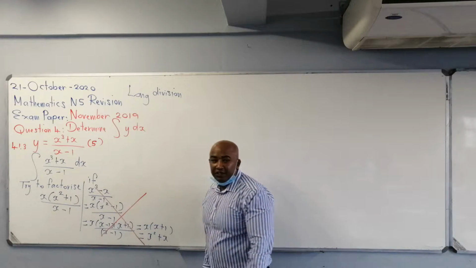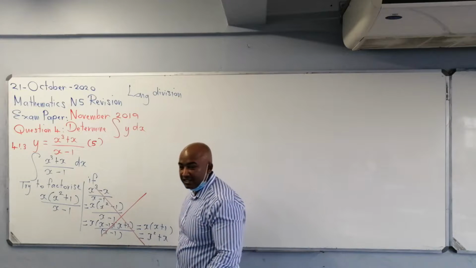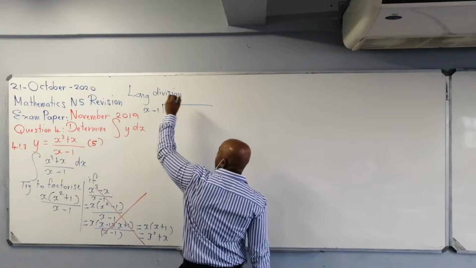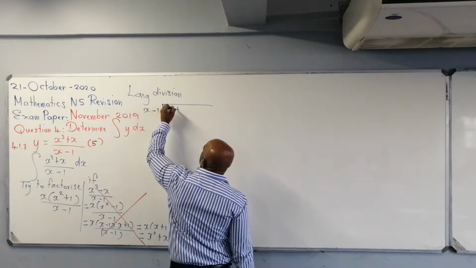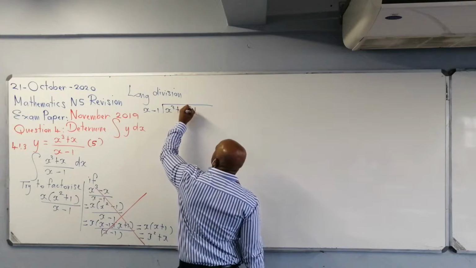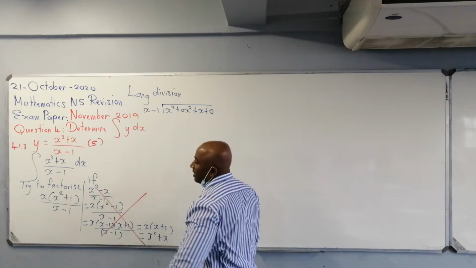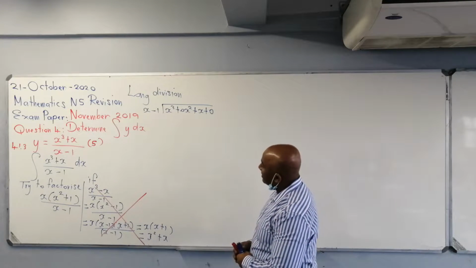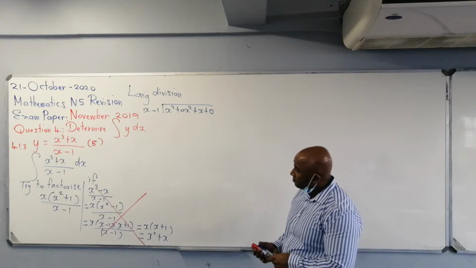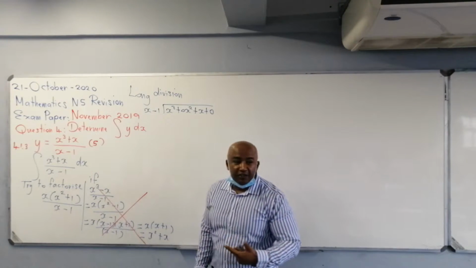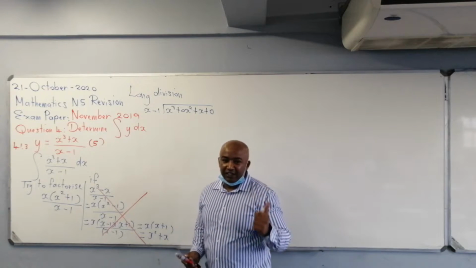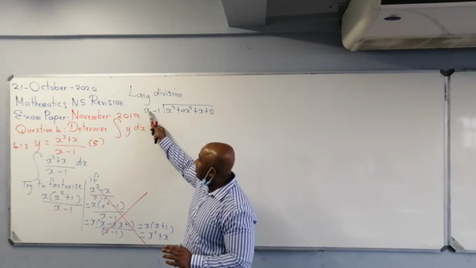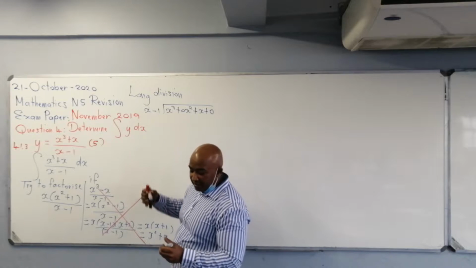Right, so long division, you have to know it here in N5, not only in N6. So here's your x minus 1, and then you have x cubed plus 0x squared plus x plus 0. Write it from highest to lowest to avoid any errors. Okay. So now, long division, you all know the rules. I'm not going to go and explain the whole thing again. You can always refer to the partial fractions long division. But basically, it's term 1 divided by term 1 there. So it's x cubed divided by x,